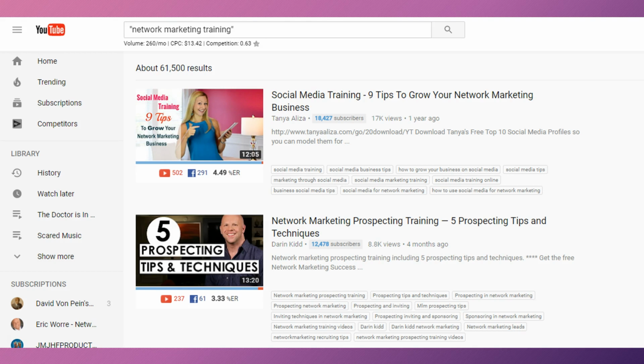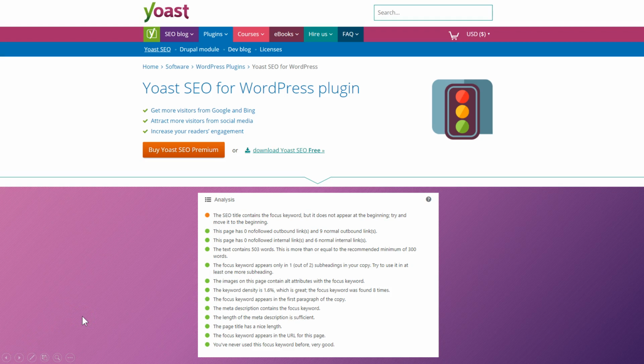Now, to make sure that you are using the right keywords and you're not doing keyword stuffing like I told you about, on your blog, I highly recommend you get the Yoast SEO Plugin. Now, it has a free version and a premium version. And what this does is you will come in here, and you can do this with the free version, it's going to do an analysis when you type up your blog post. And then what you do is you put your keyword in for your blog post.